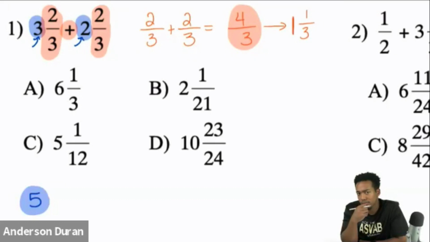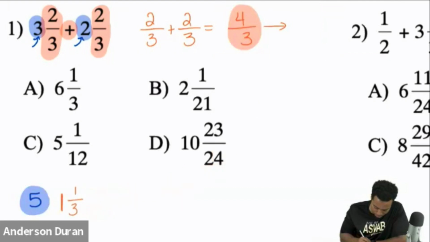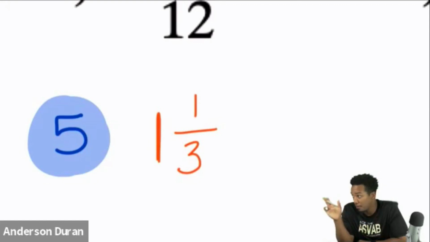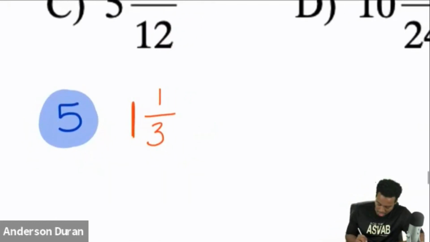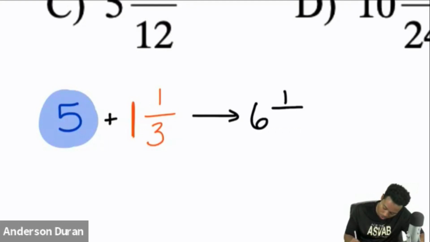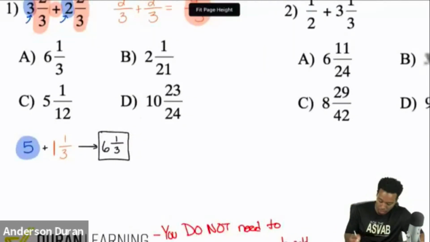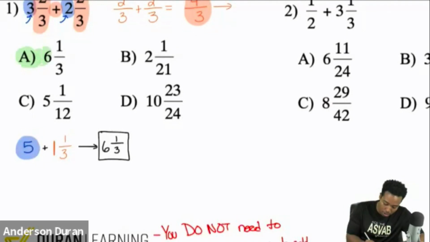Everybody, what's going to happen if I literally grab this, put it right over there? Oh, look at that. Sorry, I didn't see you there, mister. There's already 5 there. And now we got an extra 1. Everybody, what's 5 plus 1? Yeah. We're going to add these back, and that's going to be 6 1/3. Not necessary at all to turn those into improper fractions. Not necessary at all. Our answer here is going to be A, but I do want to explain this answer